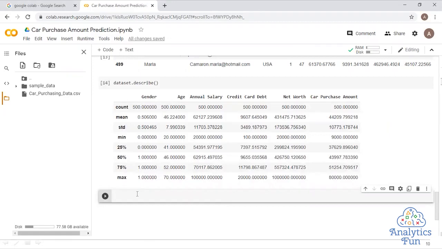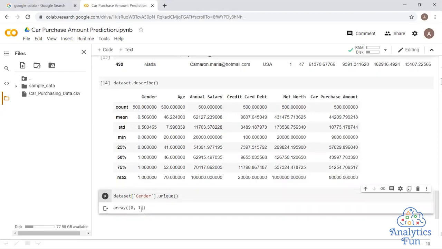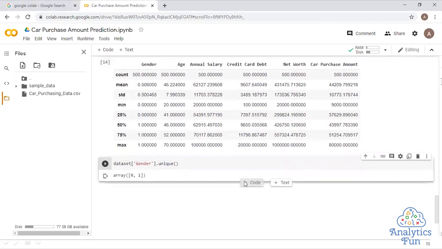You write data set, call that column in the square bracket, for example gender, and write dot, and then the unique function. So it has an array of 0 and 1. So this way you can identify the unique values.